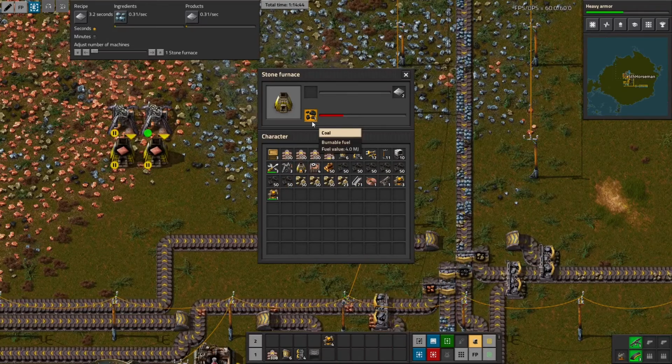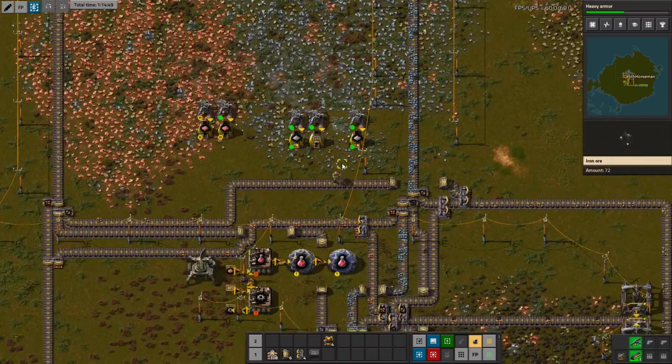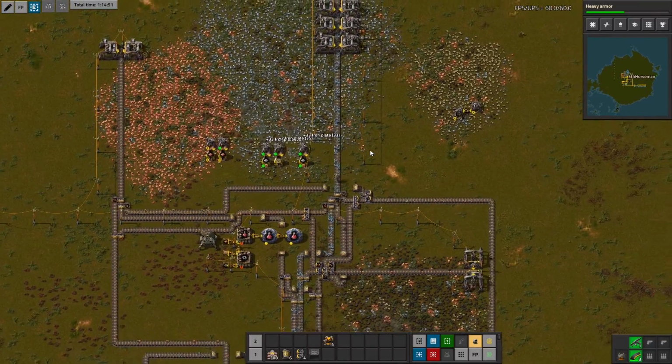Yeah, I need to take the coal out of here because he's putting coal in here instead of iron. But hey, what are you gonna do? So